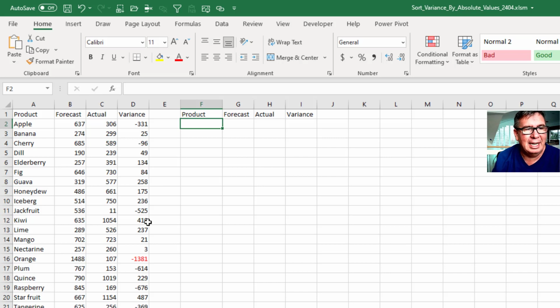Someone had a data set and they wanted to be able to sort that data set by absolute value. At first I didn't understand why they'd want to do that, but they explained, we had a forecast and then the actuals that came in, and we want to find the biggest variances, whether it was a swing up or down. So for example, they forecasted 1488, manufacturing bought all the material, we only sold 107, so now we have 1,381 extra sets of material.